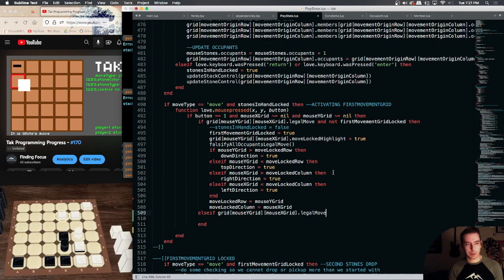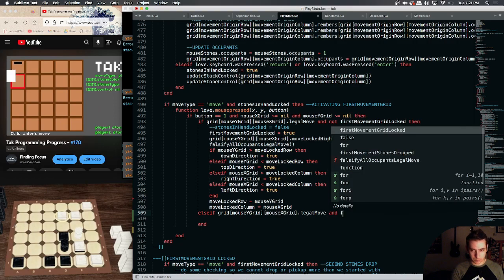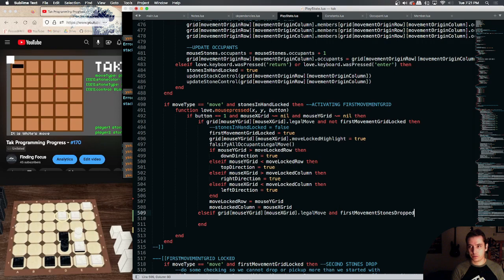we don't accidentally have people selecting stuff by clicking a move when it's not highlighting, so I guess we can say that we have to make sure it's a legal move and that our first movement stones are dropped, and not our second movement stones dropped. I don't know if that's the case, but I don't know how to program exactly yet, so I'm trying to figure out how to build logic like this, because it's like